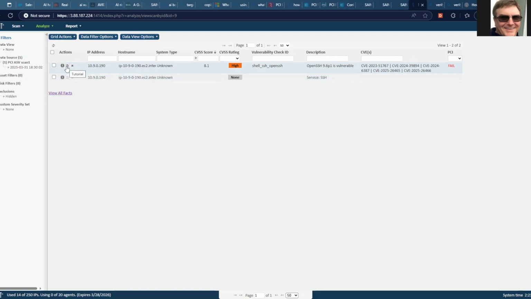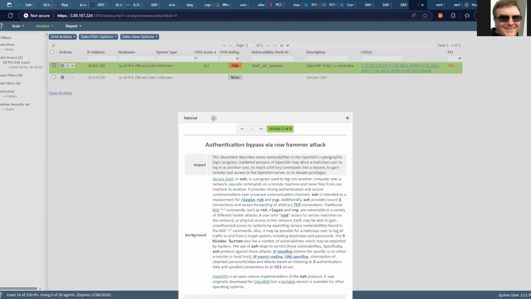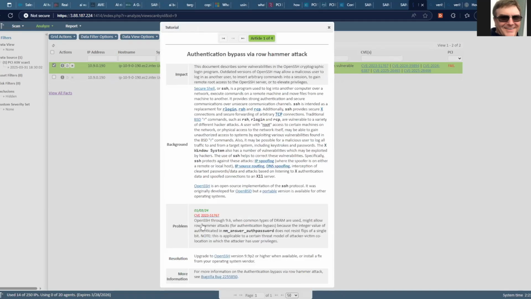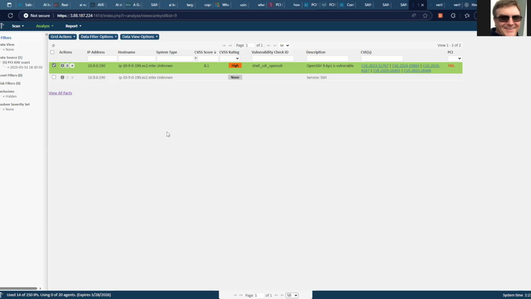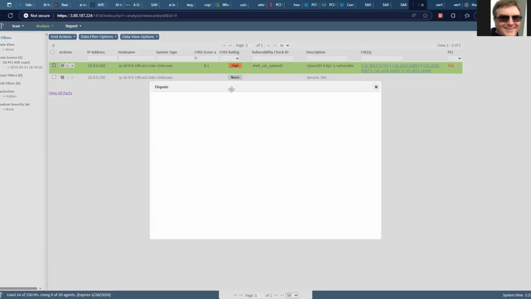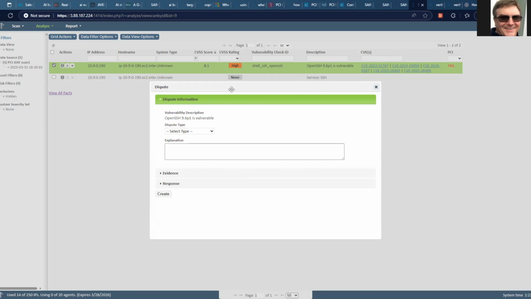Now we can look at the tutorial information for any record to see what information that we need in terms of resolution. In this case, it would say upgrading to an SSH version. But for the purpose of this illustration, we'll look at a scenario in which that is the version that's running, and for some reason the scanner was not able to detect that version accurately. So if we have the evidence to dispute that and show that evidence, we can click on dispute. And we'll see a pop-up dialog that gives us information about the vulnerability we're disputing, as well as the type